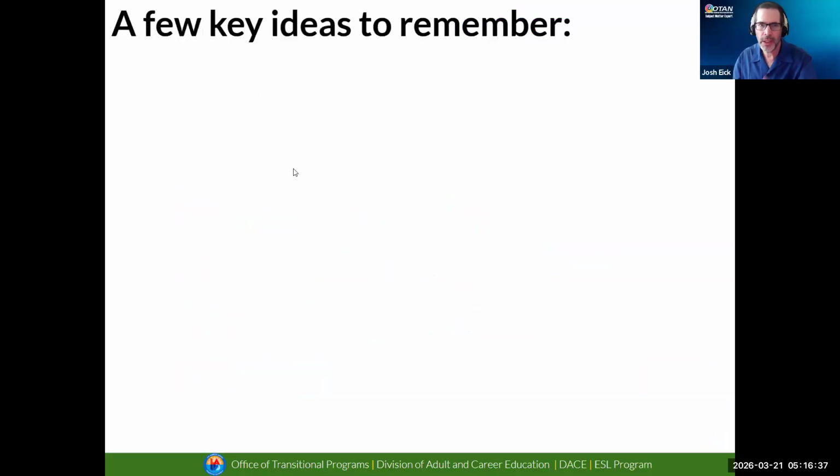So a few key ideas that we would like you to remember. And by the way, the strategies that we provide for you are research-based. So this comes from research. These are strategies that have been shown to actually be effective. Speaking for myself, after I've started using these strategies, my benchmarks have skyrocketed. But a few key ideas to remember.